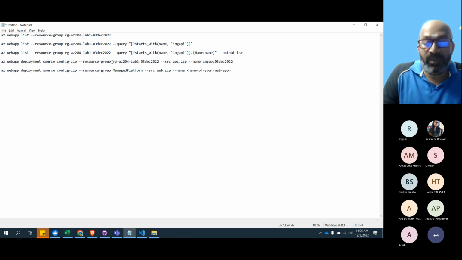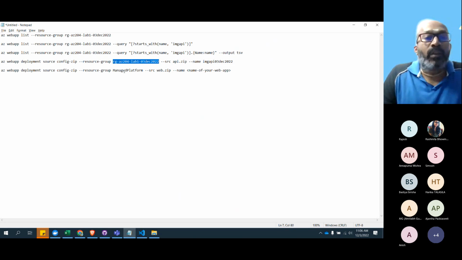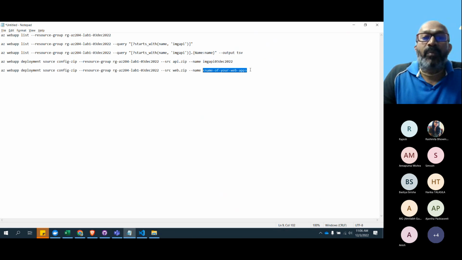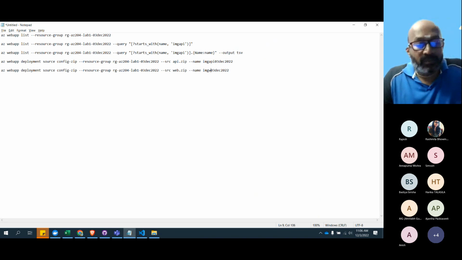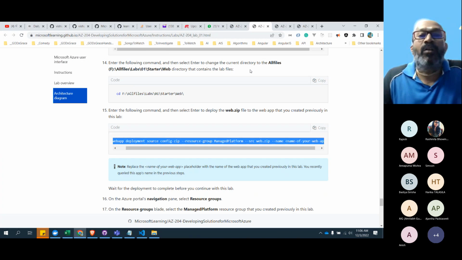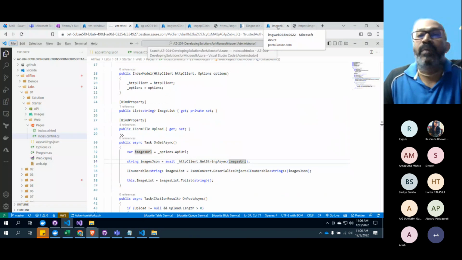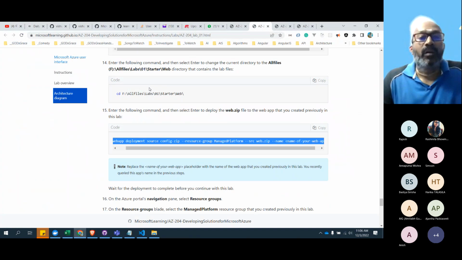The resource group we will change, because we know the resource group name and the web app name. This is for the web app. Previously it was for the API, and that was web, if I'm not wrong. Let's check that. It's image web.